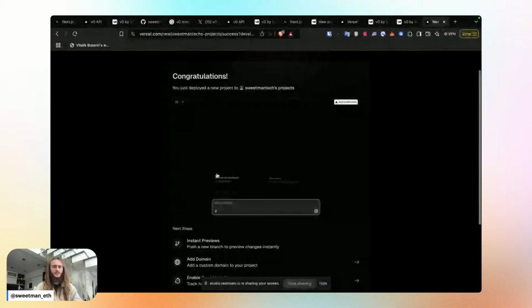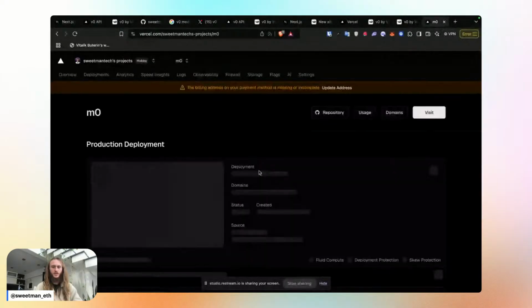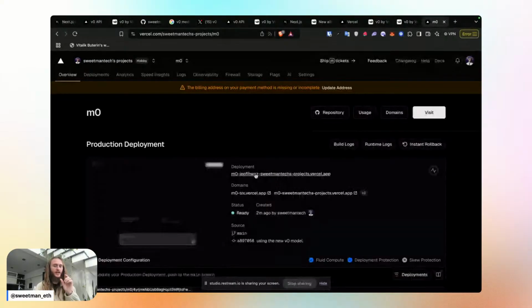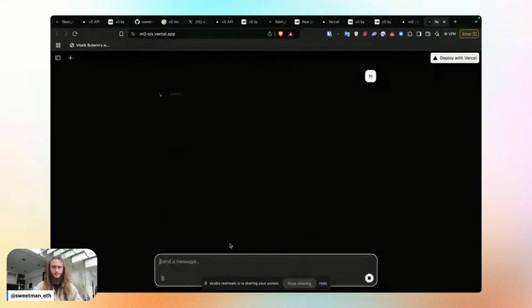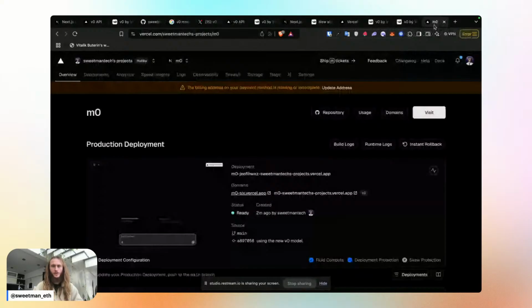I'm going to do a quick test to see if this domain is going to work. The question in my head right now, do I need to put in the Vercel API key here, or is it just going to work? Looks like it did not just work out of the box. It looks like I do need to add in my environment variable, and I'll do that by going over to